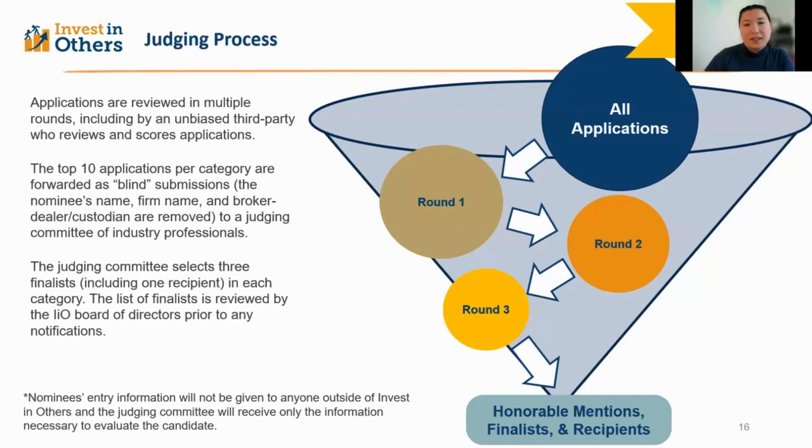We then hold a series of judging calls, again, one per category, where after much discussion and voting, the 3 finalists are agreed upon, including which of the 3 will be the category recipient. The judges often grapple with